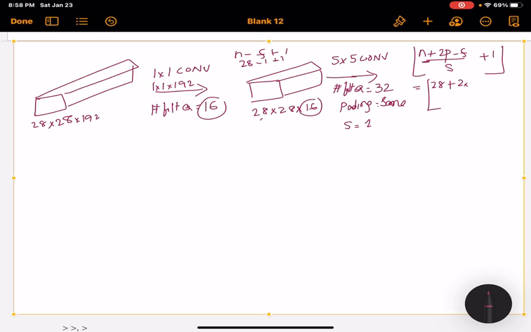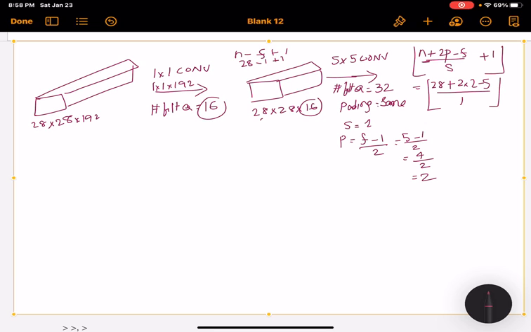Since I have used same padding, p will be equal to f minus 1 by 2, where f is the filter size, that is 5 minus 1 by 2, which is equal to 4 divided by 2, equal to 2. So that would be 28 plus 2 into 2 minus f, the size of the filter is 5, divided by stride of 1